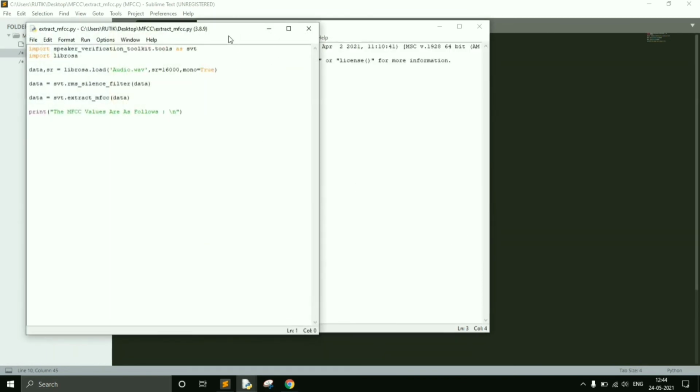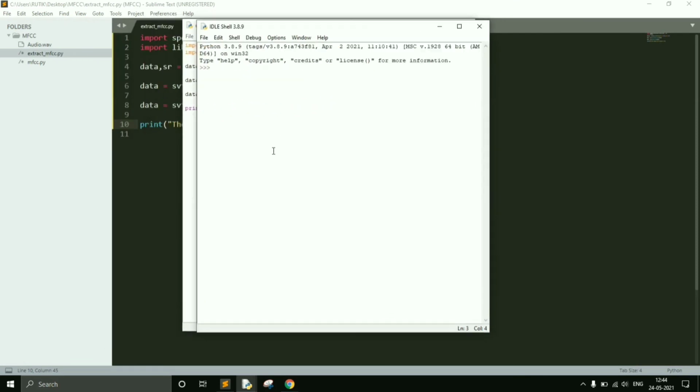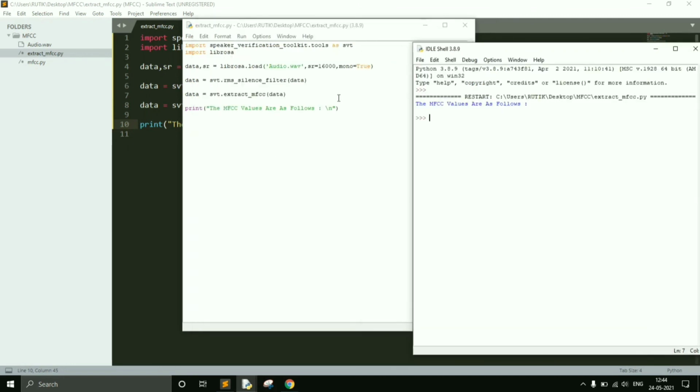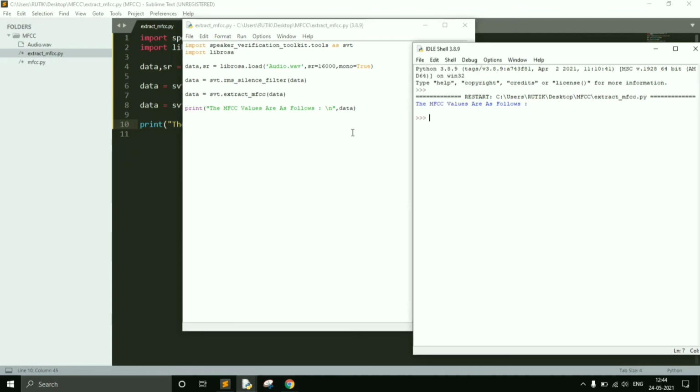Here is the file which we created. So let's run the file. There is one mistake. It didn't mention the variable here. So you should mention the variable as data. Control S, and again rerun the program.